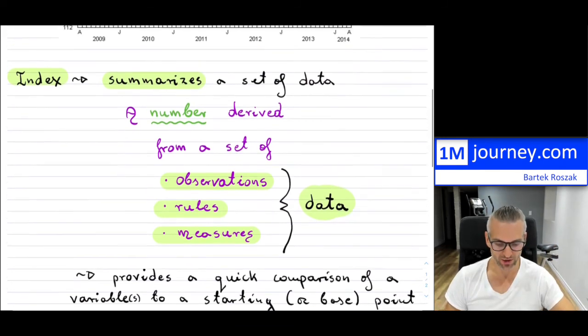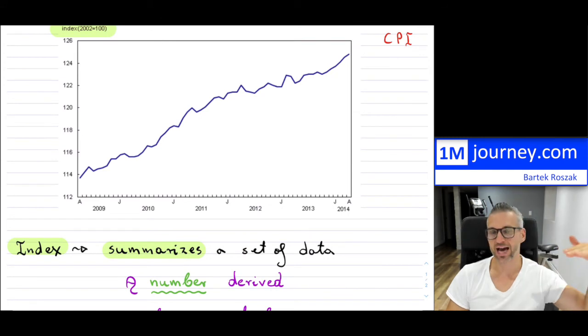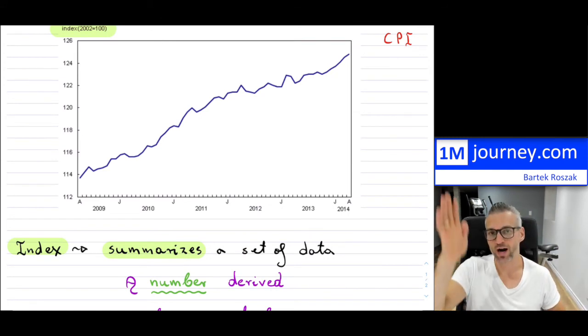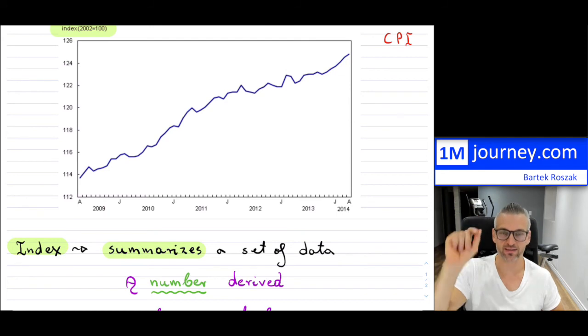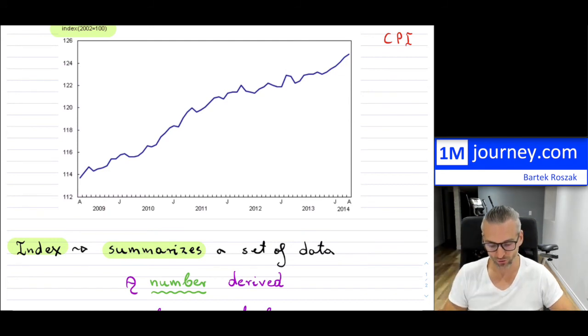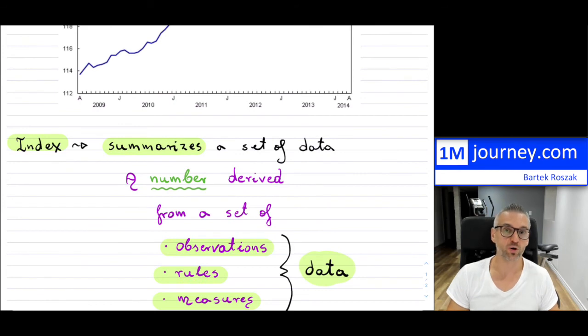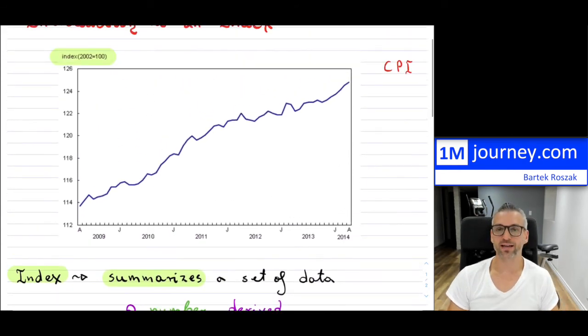So an index is pretty much always given where the x-axis is time, and then the y-axis is the index itself. And you have to know what the rules are sometimes, but sometimes you don't. Because in here, if I look at this, I don't need to know how they've created this consumer price index. I can just see that it's rising, sometimes a little bit faster, sometimes a little bit slower. And if I understand what the consumer price is, meaning the prices we pay for things, I do understand that it looks like to buy the same things, I'm going to have to start paying more and more,